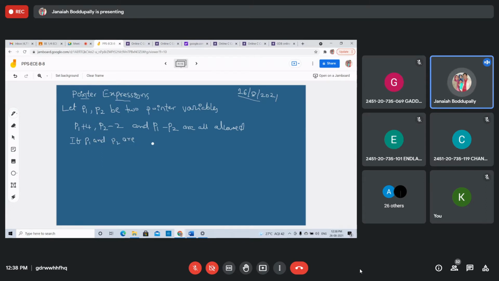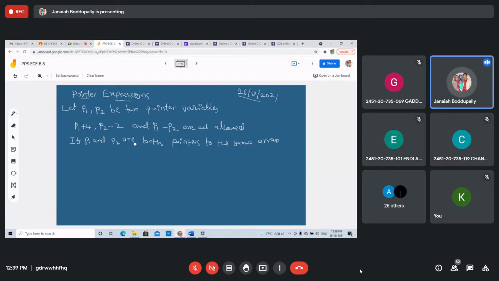If P1 and P2 are both pointers to the same array, we'll discuss arrays and how to use pointers in arrays. Suppose it is the same array.